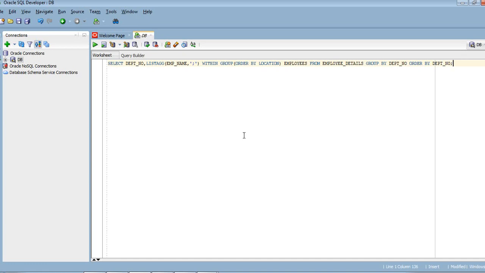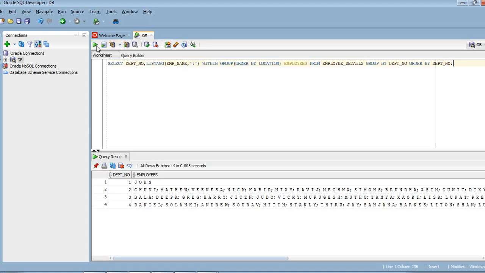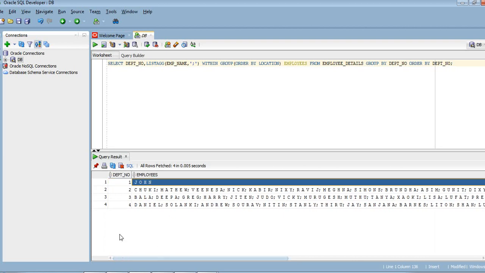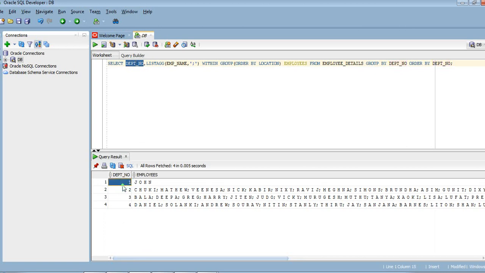Let me run the query first, then I'll explain what I am doing over here. Okay, so in the output you can see two things: the department number and the names of the employees. In our select query, we selected the department number, which we can observe in our output result.